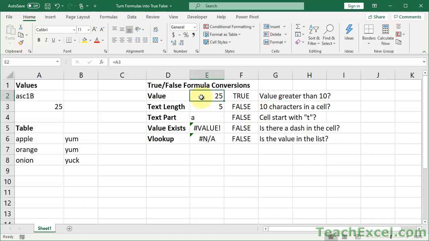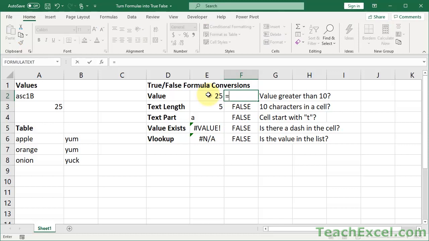We're going to start with a very simple one right here, the simplest version of a formula, equaling the value of another cell. So equals A3, which is 25. Now, what is the simplest way to make something evaluate to true or false? Just use a comparison operator. So here we're going to take that formula that we made, equals A3, and check, is it greater than 10? The basic thing is to use a comparison operator at the end of your formula. That will always return a true or a false.